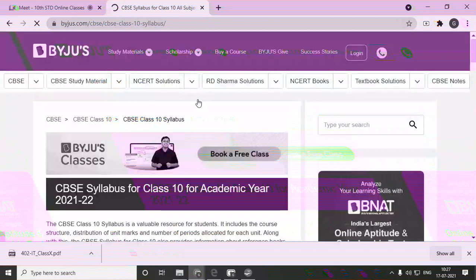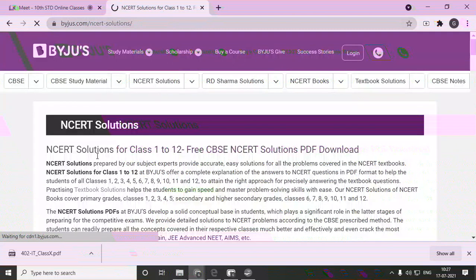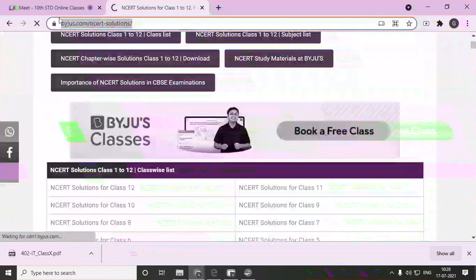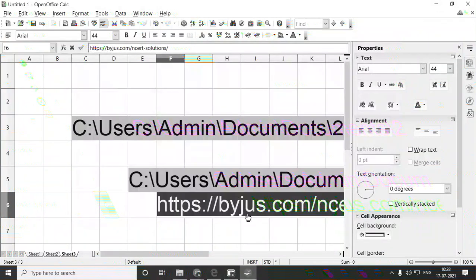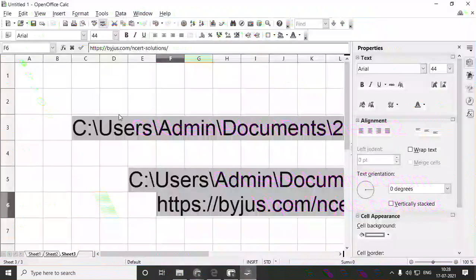So like this you can choose anything and you can take that in your book. If you want that particular link, you can use Ctrl C and just press Ctrl V, apply and close. Here the link will come. You just click and you will go to your Chrome page. This is how to copy the link from the internet, and this is how to add the hyperlink in your Excel sheet. Understood this? How to add the hyperlink?